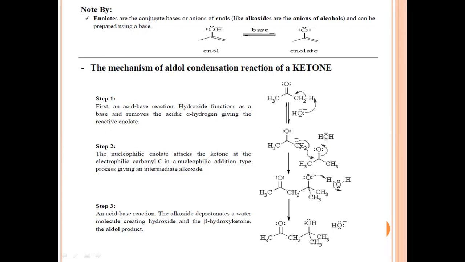So the pair of electrons which is there in this methyl functional group will be donated to the electron deficient carbonyl carbon atom to form a bond. So there will be a formation of a bond between this CH2 and this carbonyl compound. So in this way there is formation of an intermediate enolate ion, an intermediate alkoxide ion.